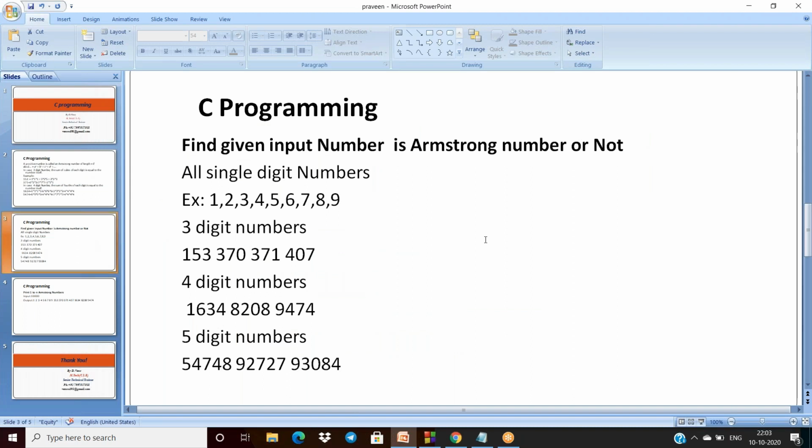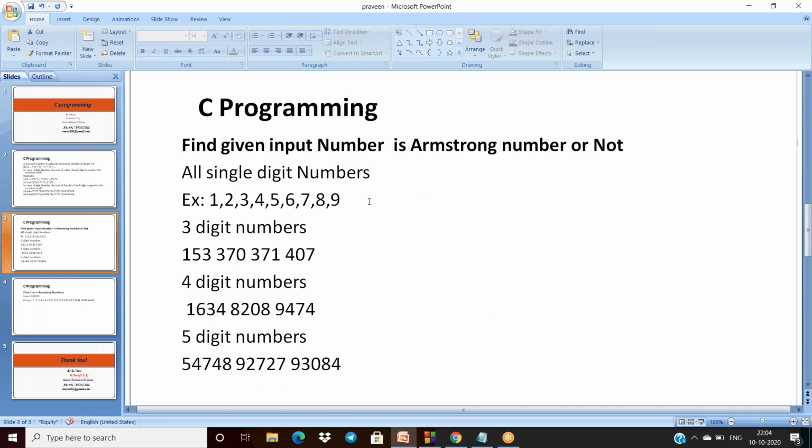Coming to the programming, I first want to verify whether the given input number is Armstrong or not. In this code, I will give the first example for a 3 digit number, after that a 4 digit number, and after that we can find it for an n digit number, whose length is n. So we have to implement the code for universal length. That means the number may be 1 digit or 2 digit or 3 digit, any digit. So further we can implement that.